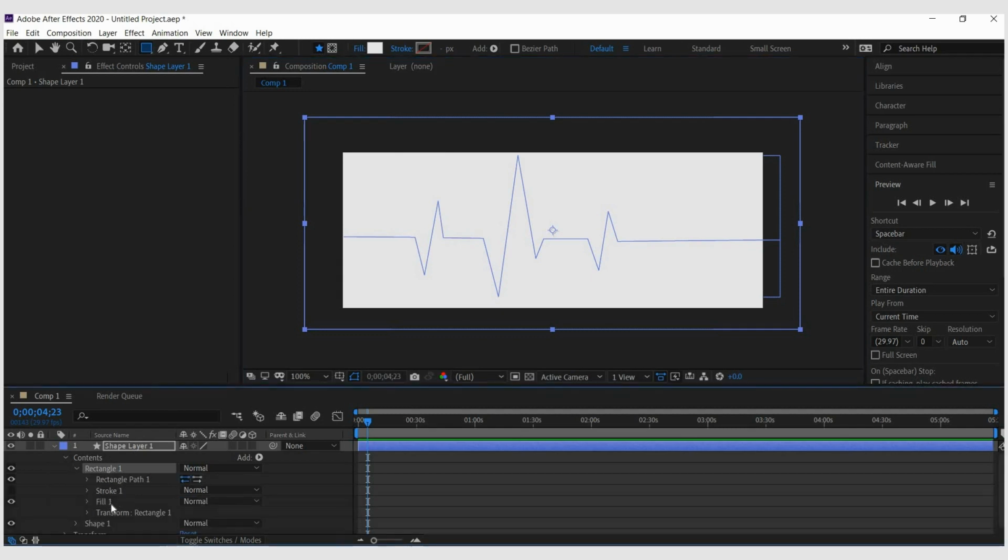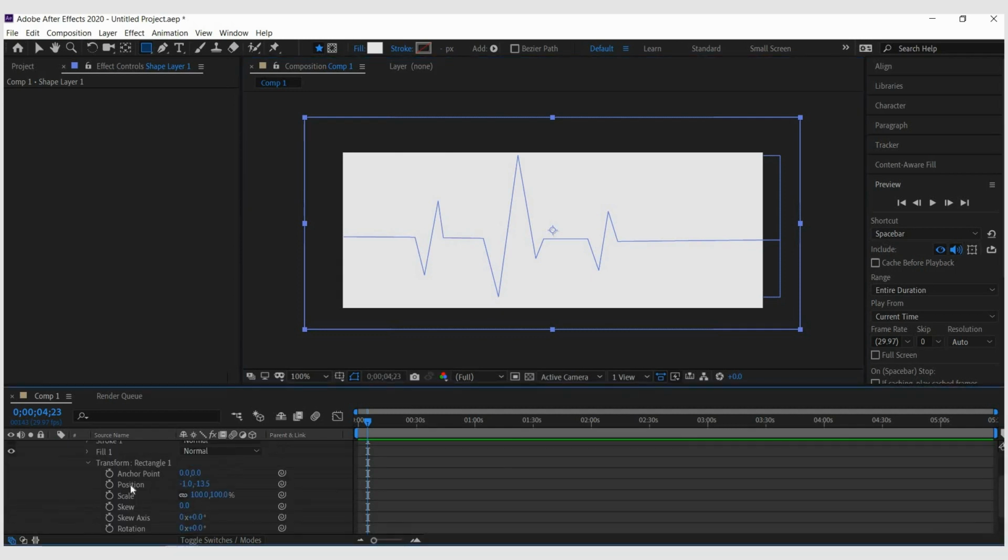Then go to rectangle, transform, position. Make sure that your cursor is at the start of the indicator. Then go to position and click on this right here. This means that the rectangle is set on this position at this particular time. And if we move the indicator ahead, it means that I need my second position of my rectangle to be around here. And let's move this rectangle